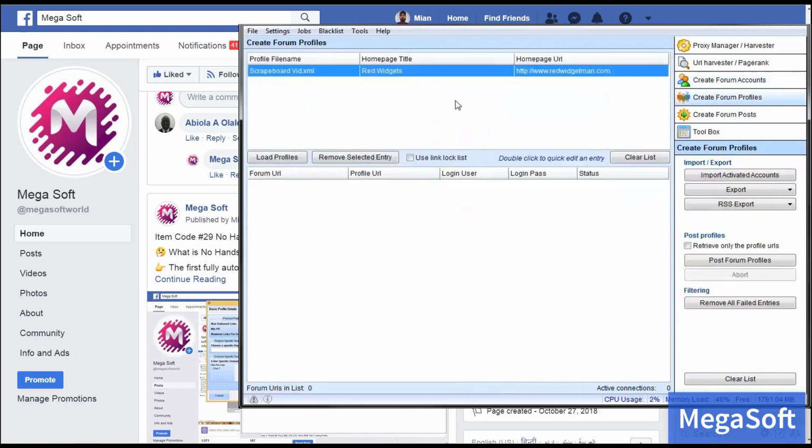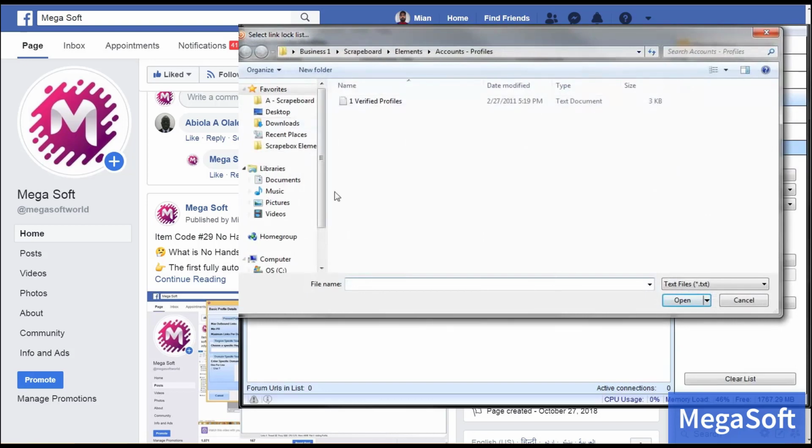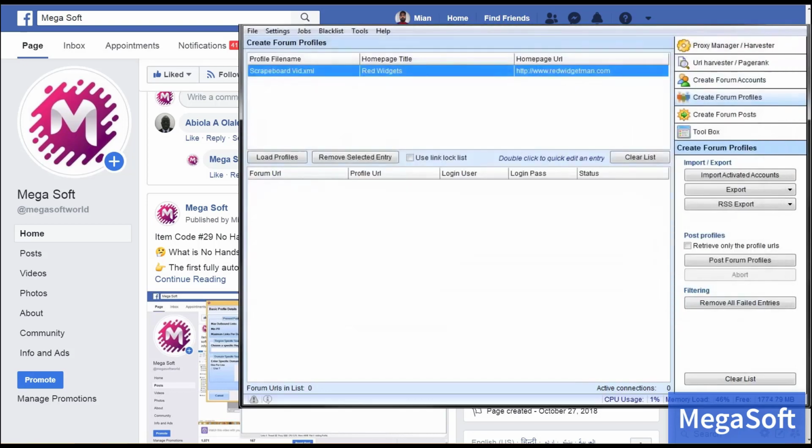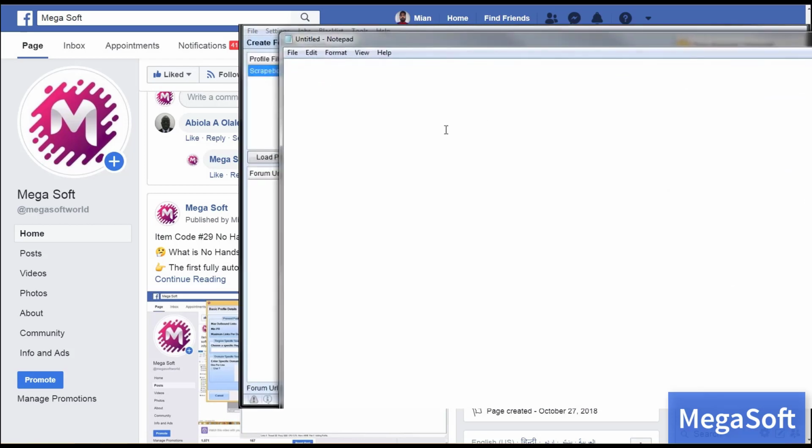If I wanted to use different links, like say I want to use a site about cars or whatever, I can use the link lock list and then I can select it here as a text file. And I don't have one, but basically it's just standard link lock format. If you were a Scrapebox user, it would be the same. So it would be just like this,